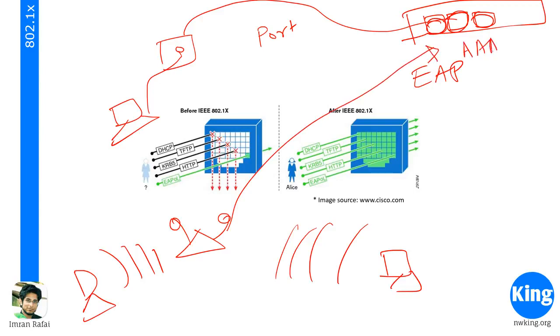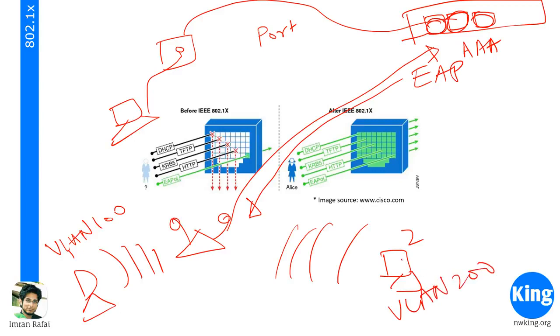the AAA server, the authentication server, and depending on what comes back, using TACACS or RADIUS, you can tell it which VLAN to use. So you can say device number 1, depending on the username and password that was given, needs to be placed in VLAN 100, and device number 2 needs to go into VLAN 200, right? So all traffic now coming from this device will automatically go into VLAN 200, and this will go into VLAN 100. So these are all the things that can be done using